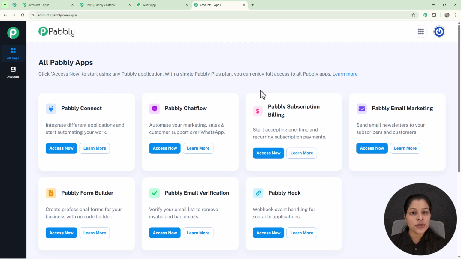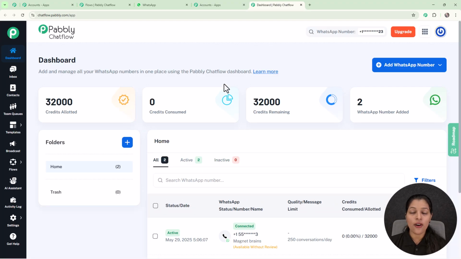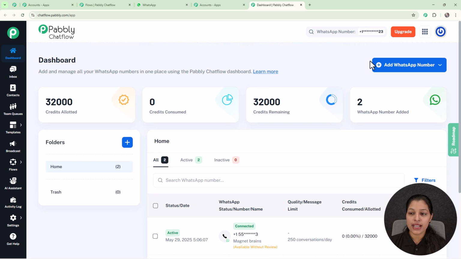And as we are going to create a chatbot, we have to access this Pabbly Chatflow app by clicking on this access now button, and we will land on the dashboard page of Pabbly Chatflow, which can be seen here. And on this dashboard page, you can see these are the numbers I have connected to my account. And you can also add your WhatsApp number by just clicking on this add WhatsApp number button,